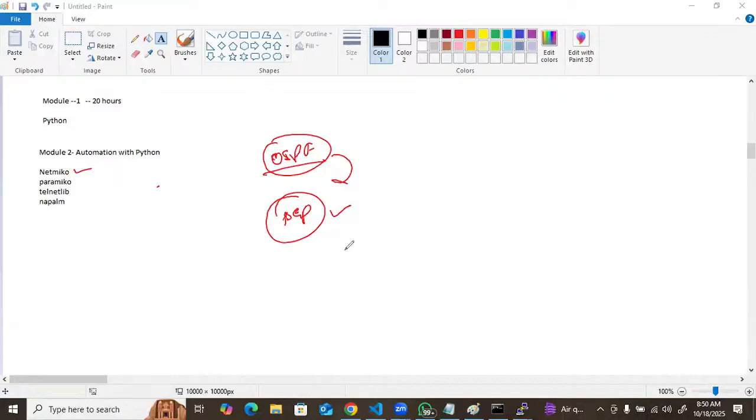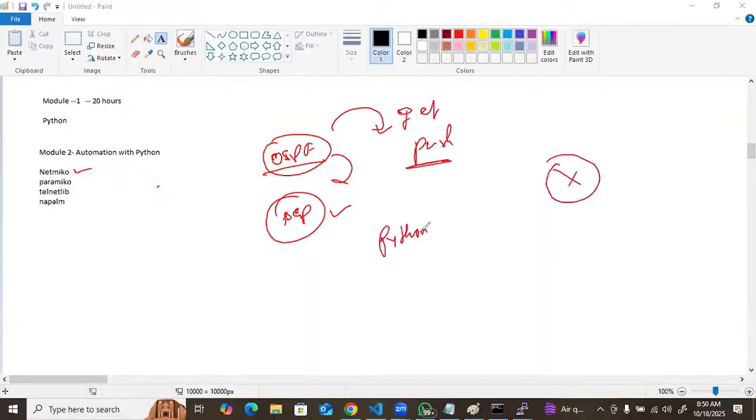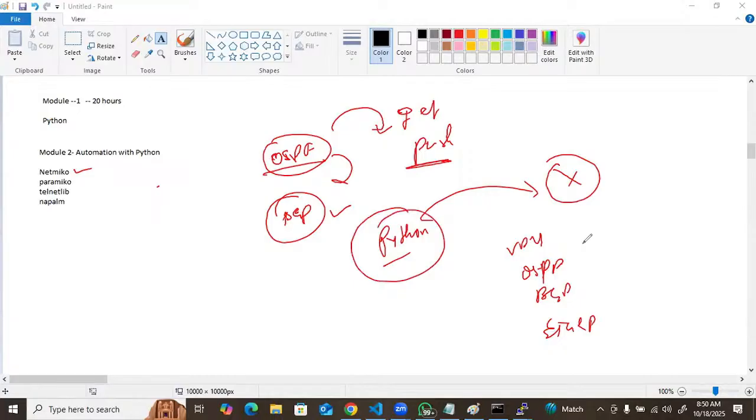So our concern in this program is that I'm not going to show you multiple programs with Netmiko and Paramiko. I am just going to build your concept of how we can interact with the network equipment, either to get some config or to push some configuration. Once you are able to interact with the network equipment using Python, you can run any type of script, to configure VPN, OSPF, BGP, EIGRP, anything you want to configure. If you are able to interact, then you can write a script for anything, right?